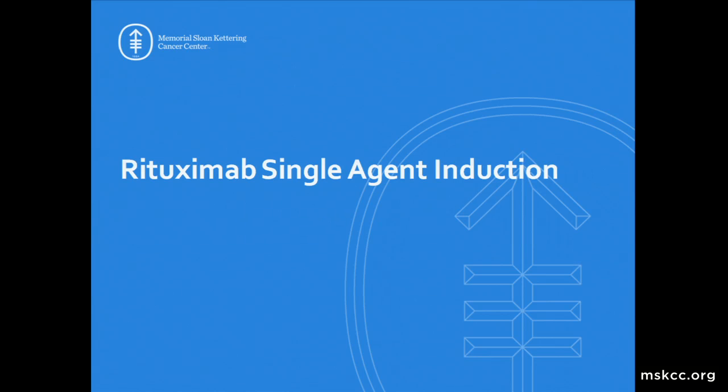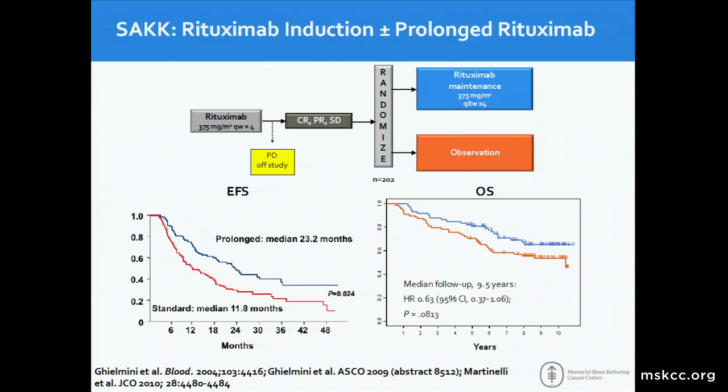So if Rituximab is a good starting place, we should start with Rituximab. This is an important trial. This was the SAKK trial. Patients received 4 doses of weekly Rituximab. Patients who were responding went on to be randomized to either maintenance or observation. The important point here is that single-agent Rituximab was highly effective, that giving some extended dosing improved event-free survival, and